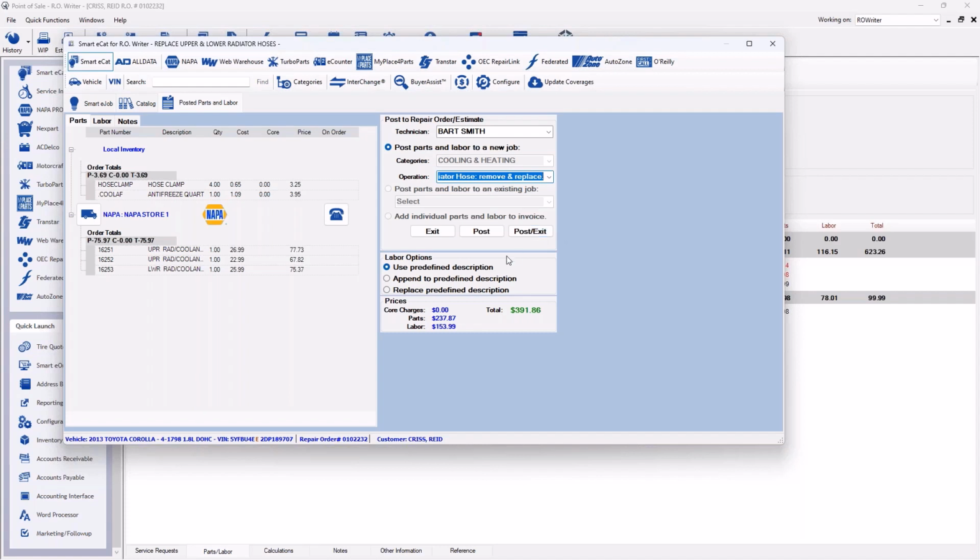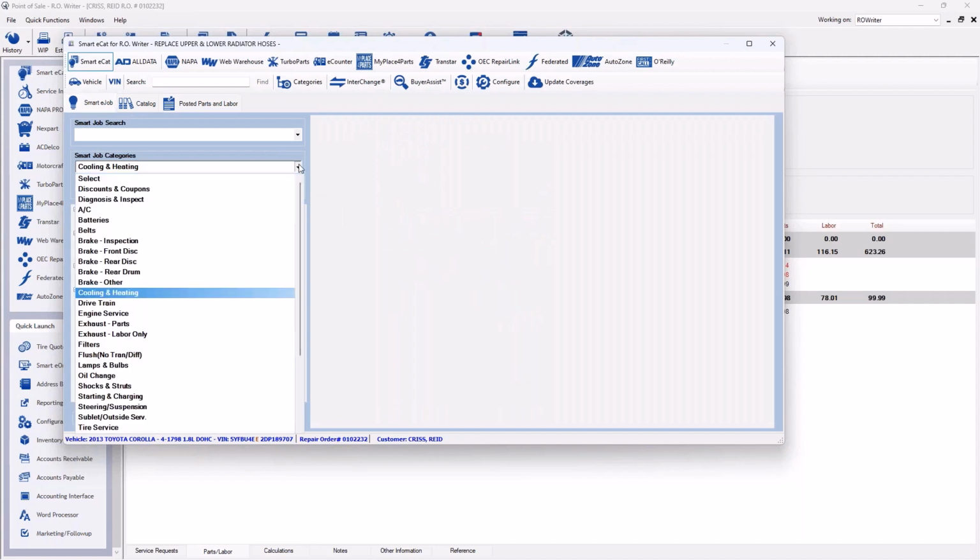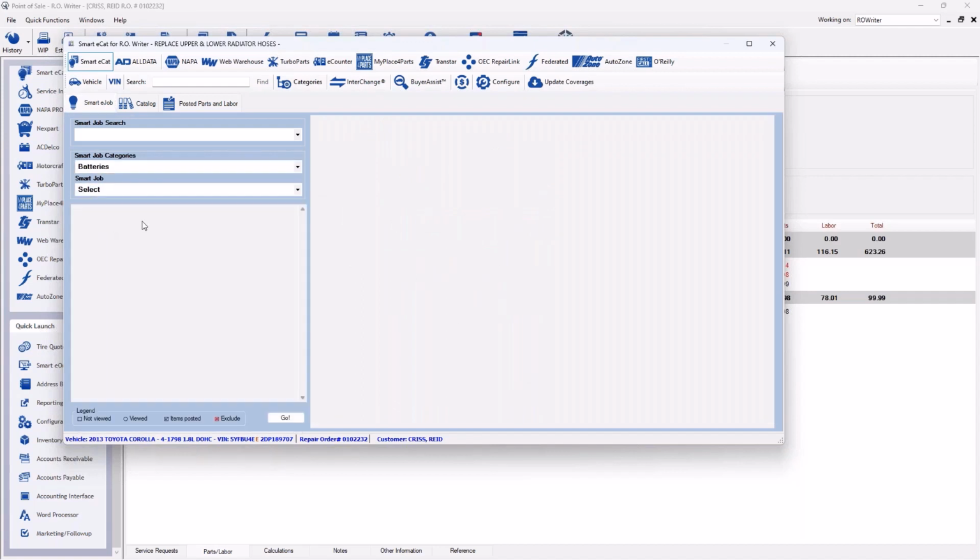Now, what happens if I've got more than one thing that I want to build out on the ticket because I'm working off an inspection for my technician? It also needs a battery and wipers. Ha ha, we account for that. Instead of doing post and exit, just tell it post. And that'll bang you straight back to this screen. I can come up and go battery,